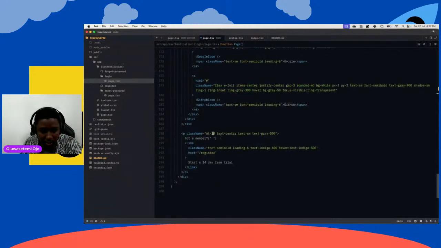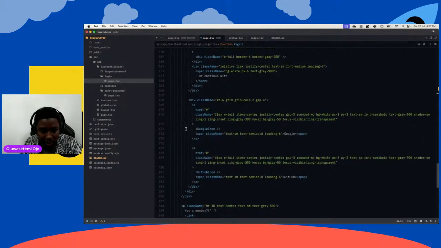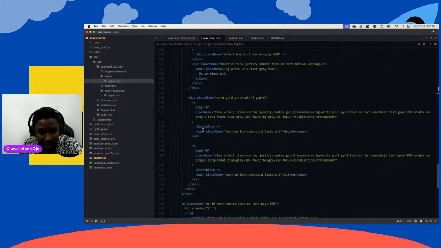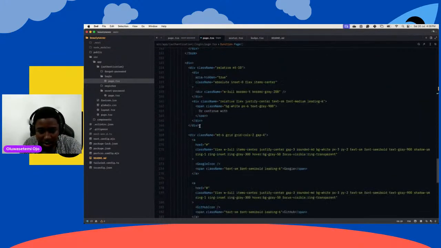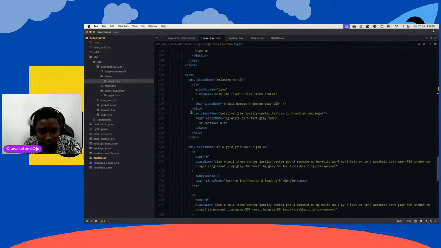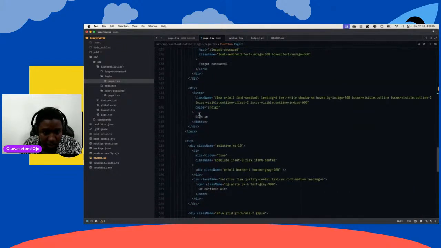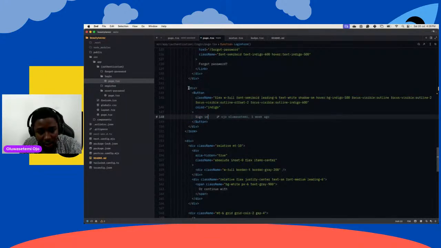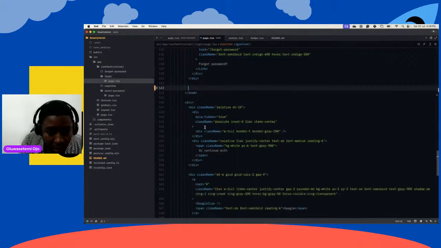Where's the button? Yes, but this is the login, right? So login has, here, there should be a sign in here. Yeah, so this is this button here. So what I can do is I want this whole thing here to become a button. That's the submit button, or let's say sign in button, and we can